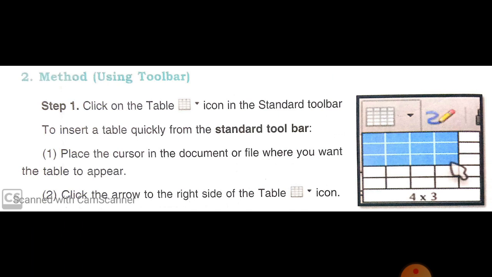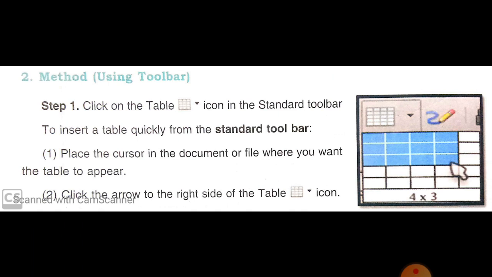Now, using the toolbar. By using the toolbar, you can insert a table. Step 1. Click on the table icon, a small icon you can see in the picture, which is located on the standard toolbar.